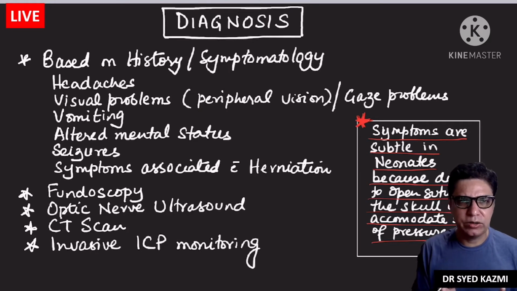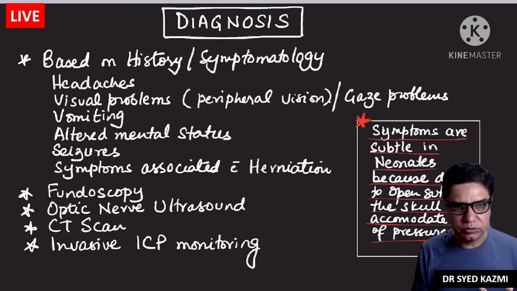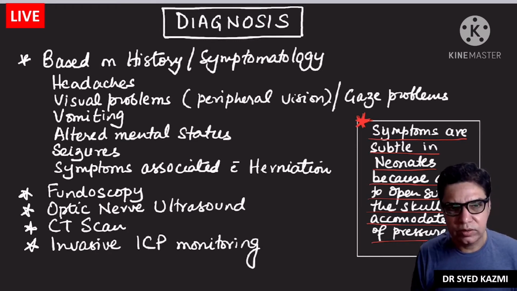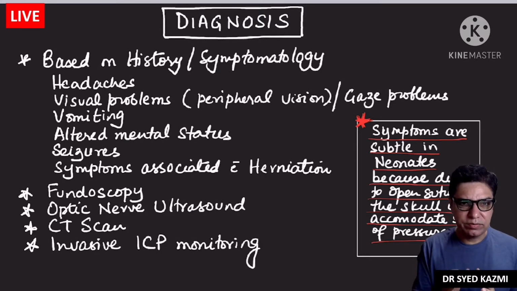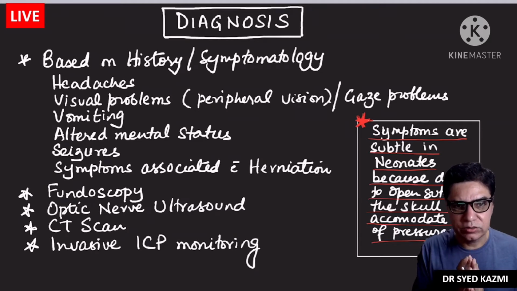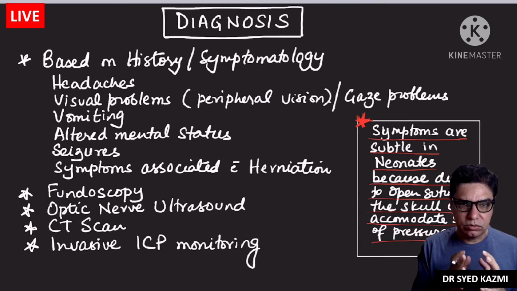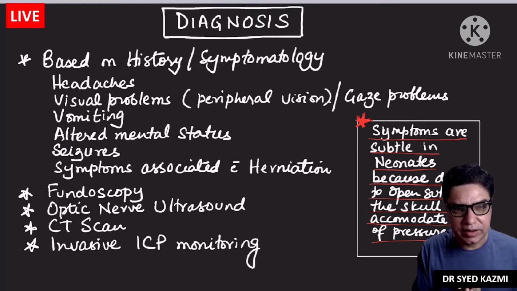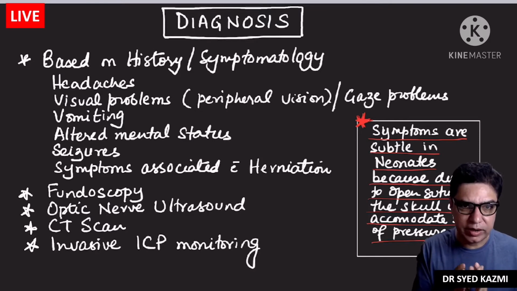Now, headaches are very non-specific. You get headache because of tension headaches. You get some headaches because of refractive errors. You can get headaches because of problems anywhere in the head and neck region. You can get headaches because of migraine as well. But keep in mind, if there is something going on recently, there is some sort of traumatic brain injury or there has been some evidence of meningitis,